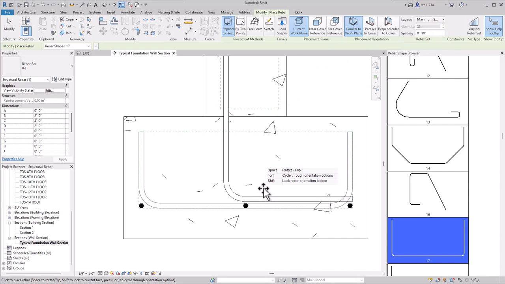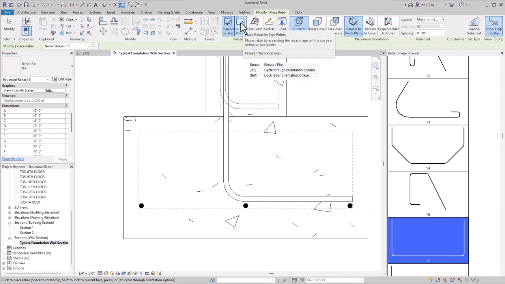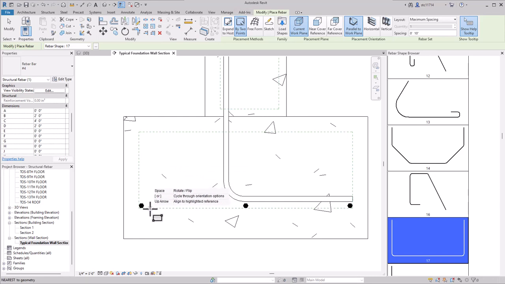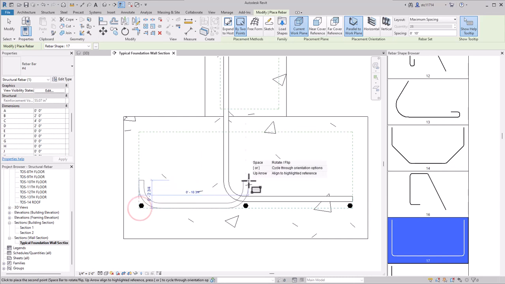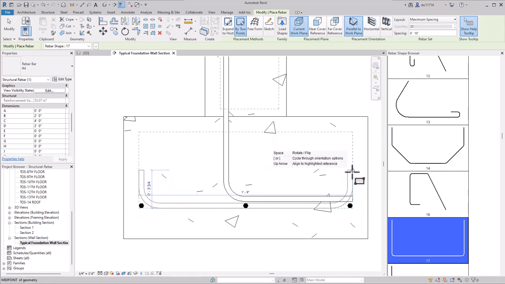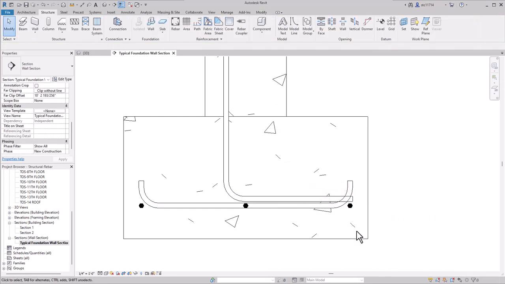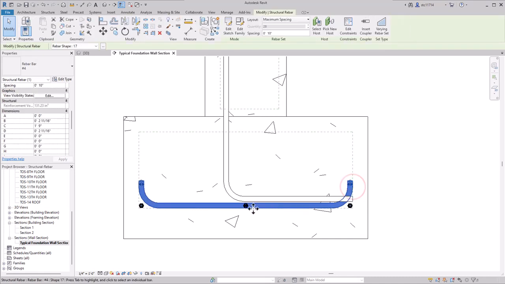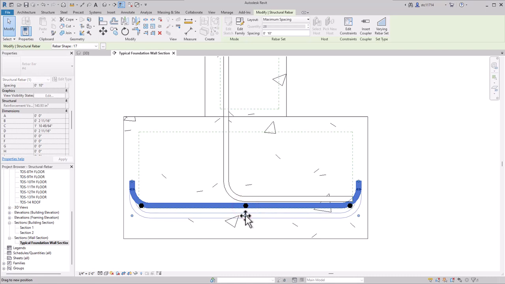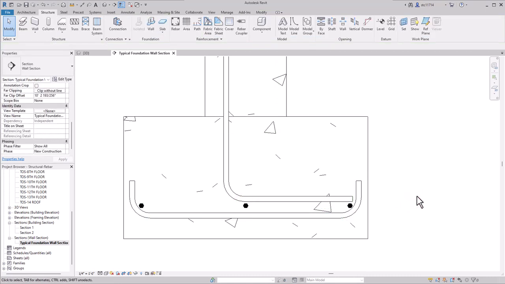Currently it's set to expand to fit the host. Instead, I just want to draw the shape. So I'm going to select by 2 points as my placement method. I'm going to click the lower left corner of this allowable area. Then I will click an upper right corner to place it. Then I'll press Escape. Then I want to just move this around a little bit. I am going to drag these members out to the side. And then I'm going to drag it down below the other ones until it looks like so.